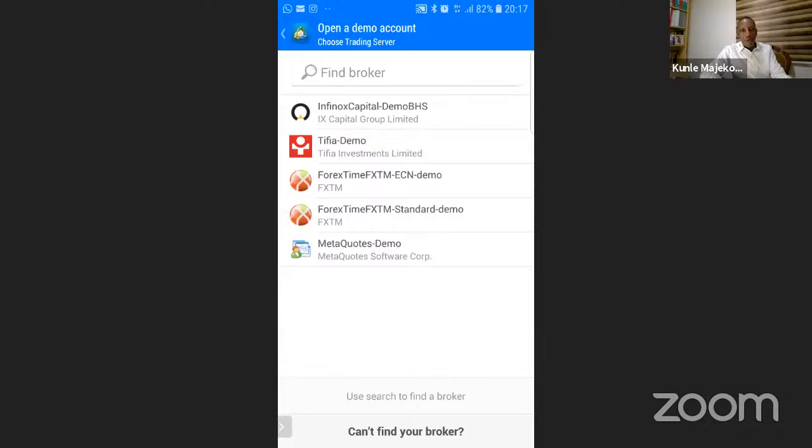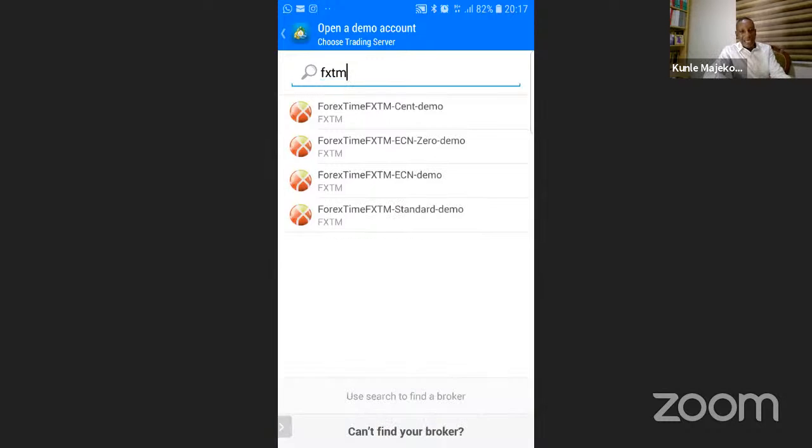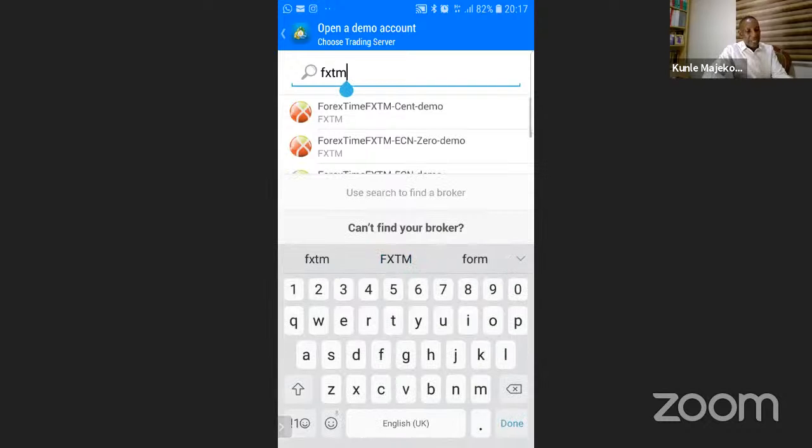Let me see the name of your brokers. I'm waiting, type them in. I know of FXTM. It is there, and you can see their demo account is also there. Someone says Octave